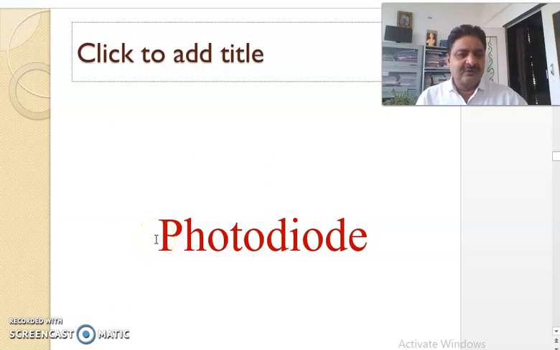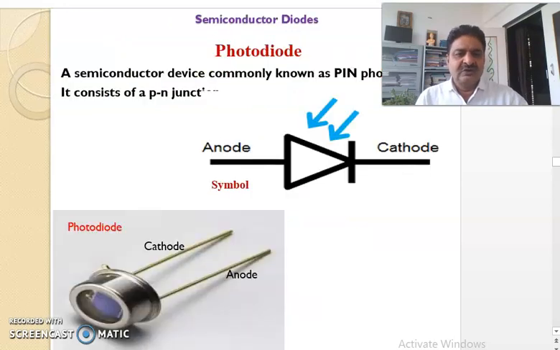The symbol of photodiode is similar to the light emitting diode. What is the difference that we should know? The symbol is like this. It is also a semiconductor device, commonly known as pin photodiode. It consists of a PN junction. In case of a light emitting diode and a photodiode, the difference in symbol is this: here the rays are incident inward, and in case of our